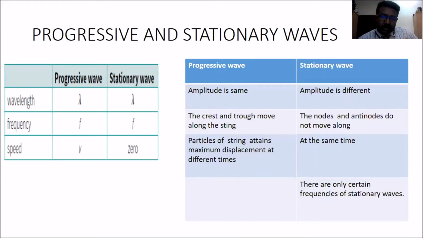You should also notice that the wavelength for the stationary wave and the progressive wave are the same, because we use two progressive waves of the same frequency and same amplitude to form a stationary wave, so the same wavelength. The frequency is also the same. And the speed for a progressive wave is v, because it has a velocity, but a stationary wave does not travel along. Therefore the speed for a stationary wave is 0. So these are the important points. You have to keep this in mind when you write the differences between the progressive wave and the